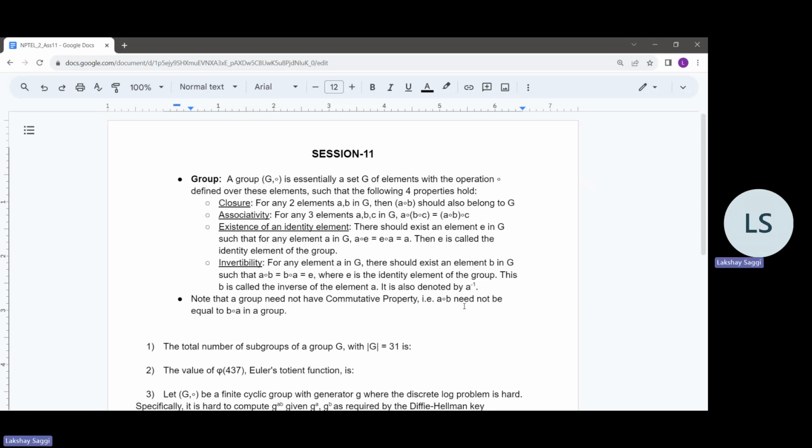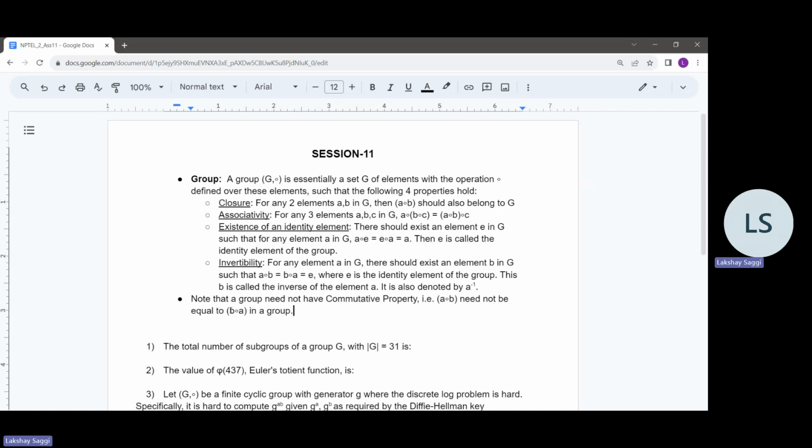So the value A∘B need not be equal to the value B∘A. This is what I was discussing, that A∘B and B∘A might be different. So this property is not essential for it to be called a group, but it's a nice property